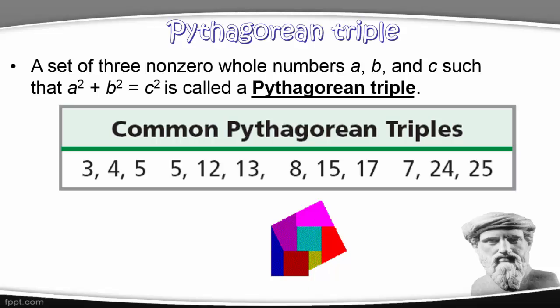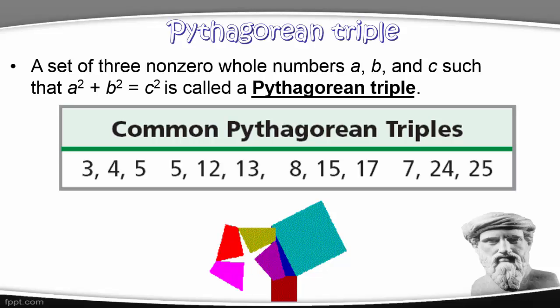Pythagorean triples are sets of non-zero whole numbers, say a, b, and c, such that a squared plus b squared equals c squared. These are called Pythagorean triples. And a few Pythagorean triples are 3, 4, 5; 5, 12, 13; 8, 15, 17; and 7, 24, 25, where